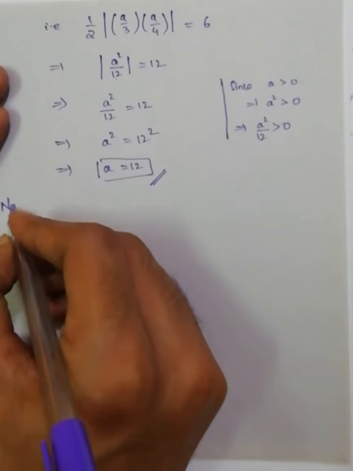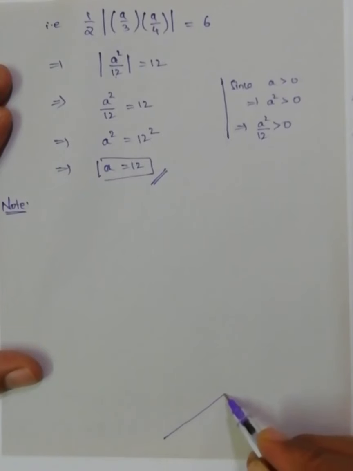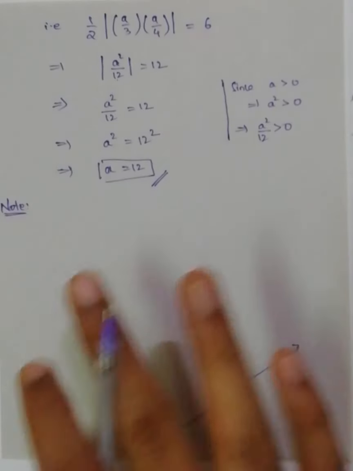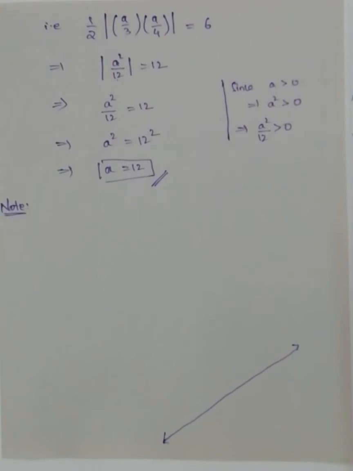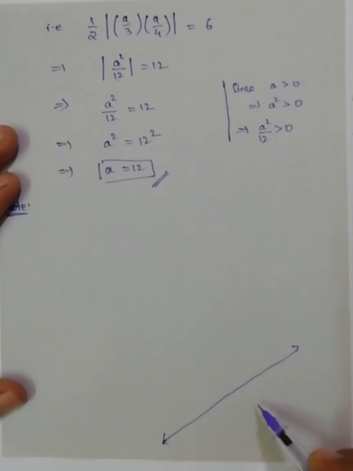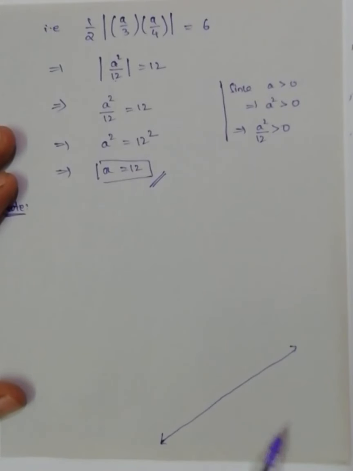Note: if I take any line in a plane, this line divides the entire plane into 3 mutually disjoint sets. Means those points on this line, points will get on the one side of this line and the points will get on the other side of this line. No point of this side will be on the line, and no point on this line will be on this side or this side.